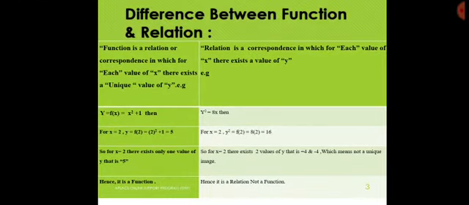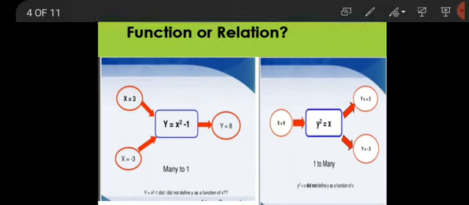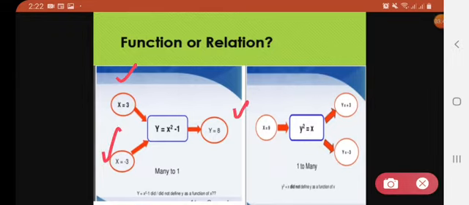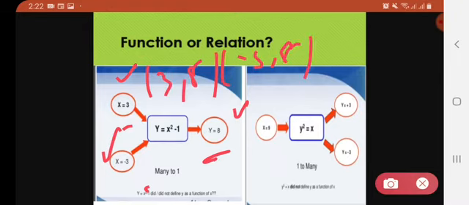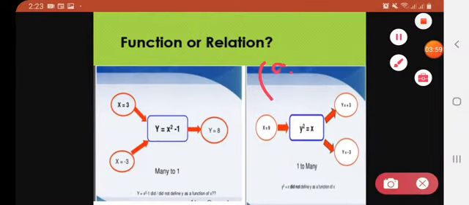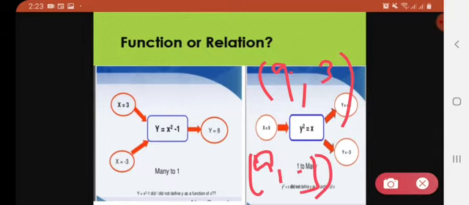And the most important conclusion at the end of this I'll be telling you now. Look at this image again, the same thing. Many to 1, meaning 3 and minus 3 are both connected or mapped to 8. Okay, now this is a function. When the element at the domain is repeated, then it would not be a function. For example, look at this. It would be 9 and 3 and then 9 and minus 3. Element at domain is same, it means it is not a function.